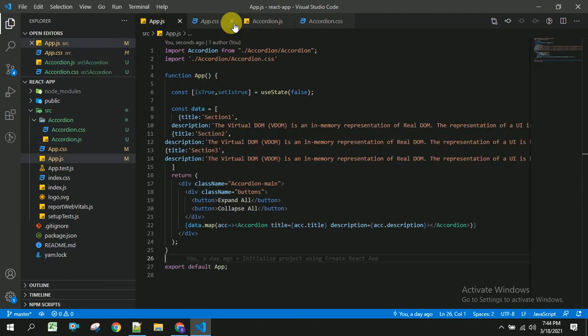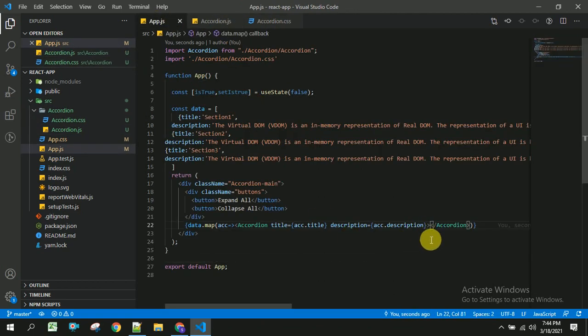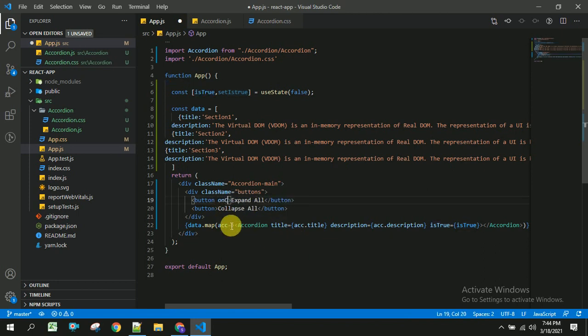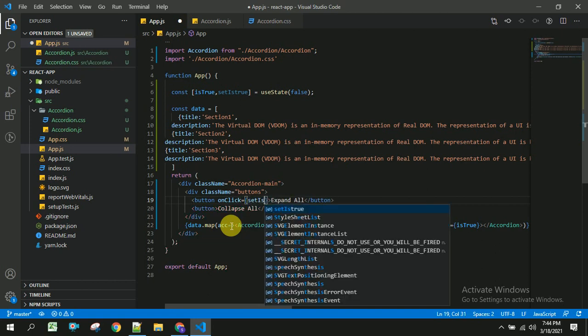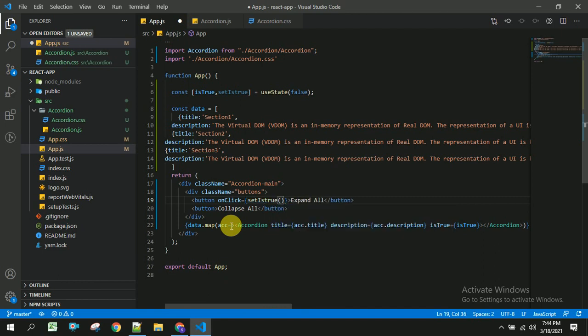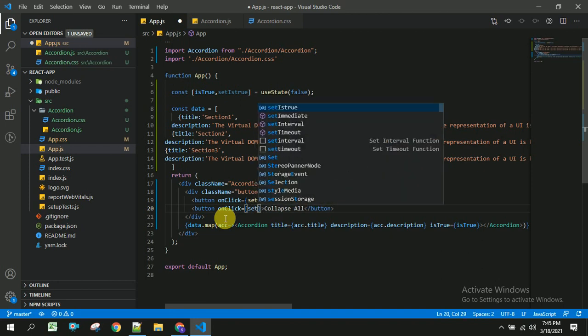So before this I am going to app.js, and here I will create some isTrue equal to isTrue. So this is coming from this useState, and once user clicks on this expand all, on click event will be fired, and setIsTrue will be set as true, and if user clicks on this collapse all, an event will be fired where I am going to place it as false.